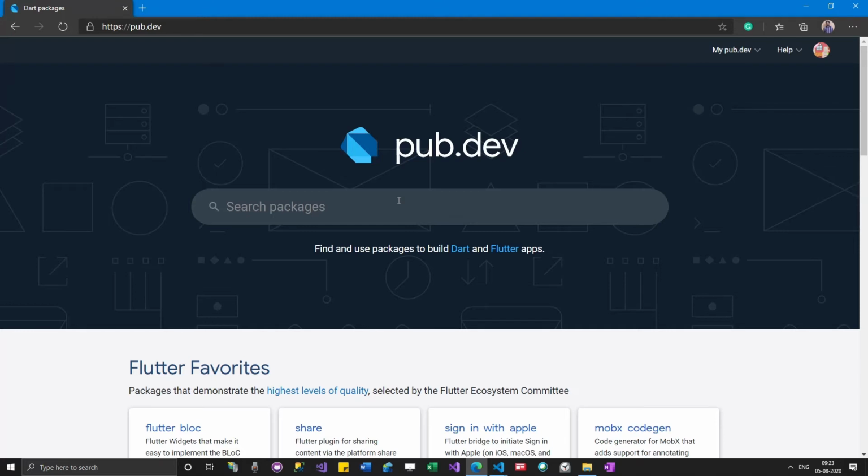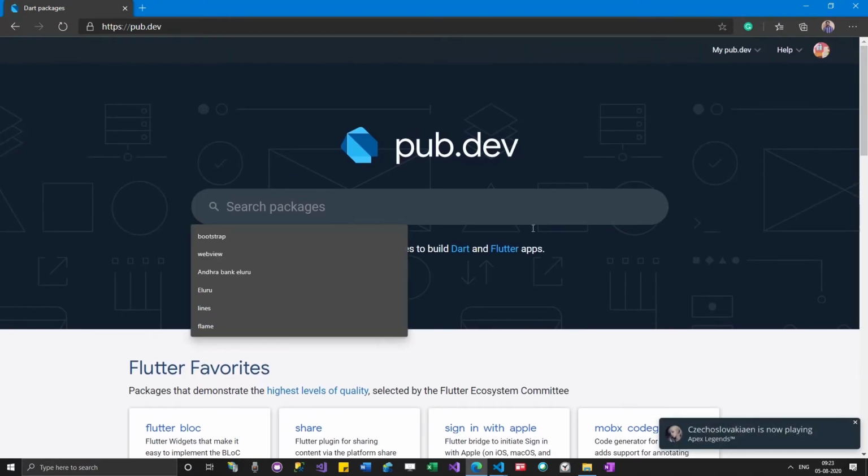Clear, guys? Basically, whatever you write is a package, but it's not worth sharing with the community. But once you have done some work which you feel is something you can share across the community, that is when you make it a package and give it to the community. So this is about packages.